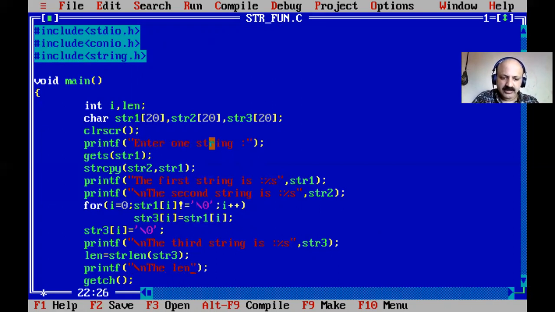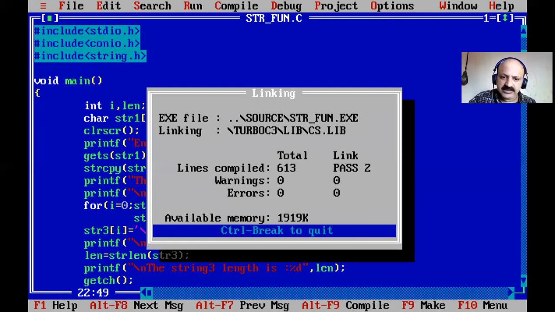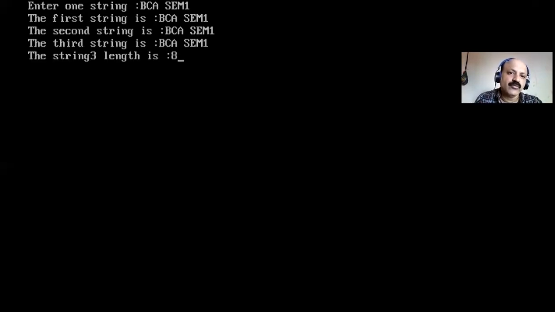So after that we can print, but here I just use the inbuilt one. So length, yes, string, yes, string 3. So string, we can say I just directly write string 3 length is, yes, that type of message, and percentage d, because length is an integer, so len, yes, and slash n. So yes, how its length we can set, like again I'll give BCS M1, so that is 8 6 3 7, yeah, blank space is considered, so 8 characters are there with the blank space.